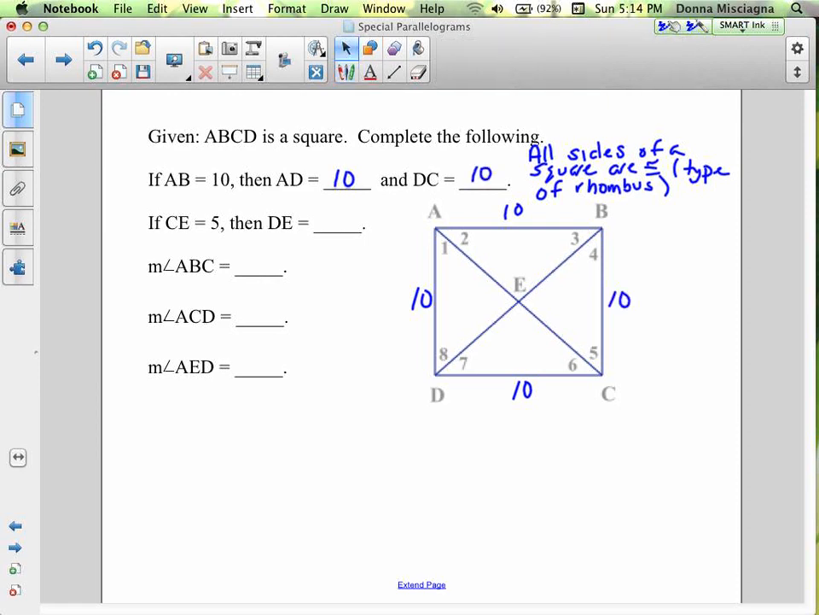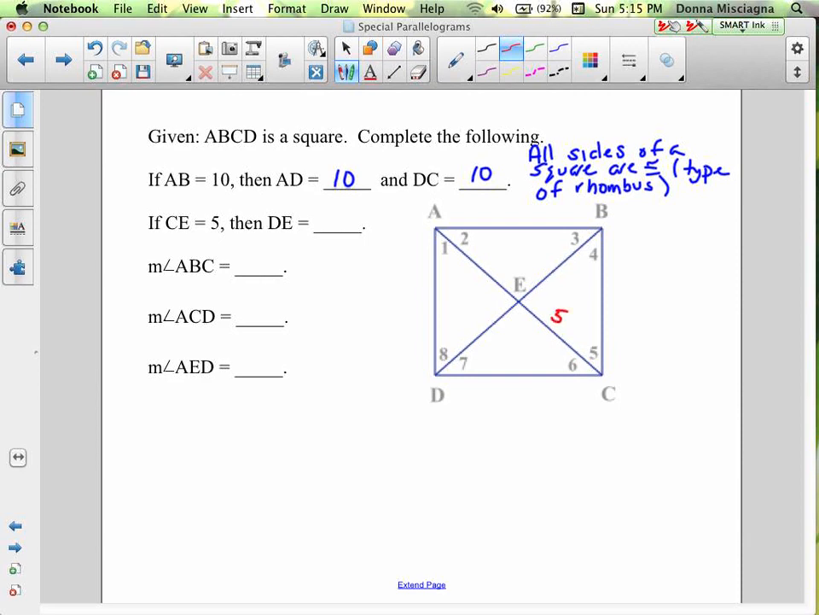All right, let's look at the next one. Now, I don't know that from one problem to the next, the information carries through. Matter of fact, the information for the next problem has nothing to do with the fact that on question 1, the sides of the square were 10. So I'm just going to erase that for question 2. If CE equals 5,